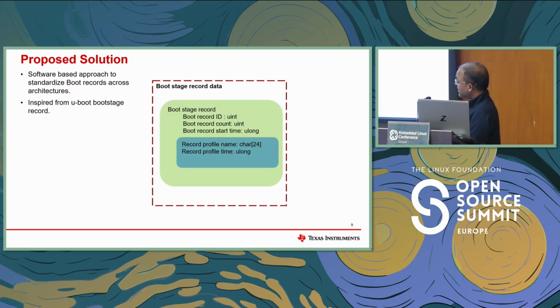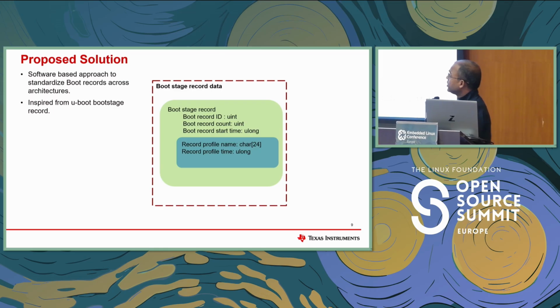So this is the very initial version of what we are talking about, what it should contain. It should have your component ID, the first one, boot record ID. So you have MCUs, DSP, A core, R5, all those cores. Each component will have a component ID to identify which subsystem this boot record is for. Then you have the boot record count, how many records that subsystem has, that information will be there,